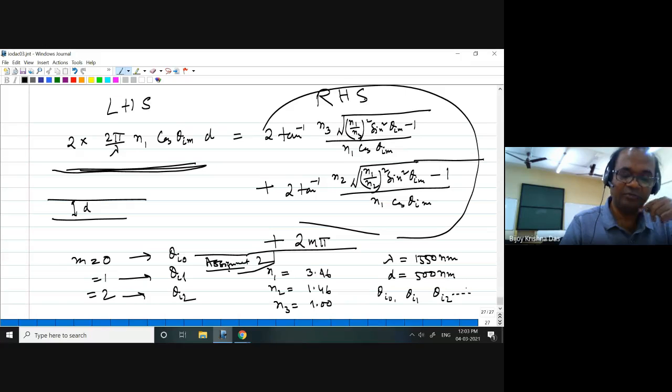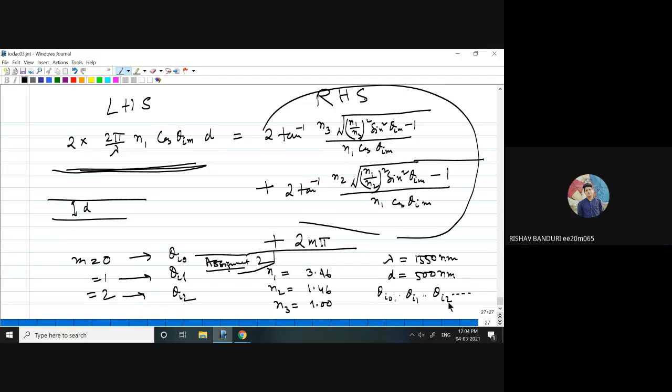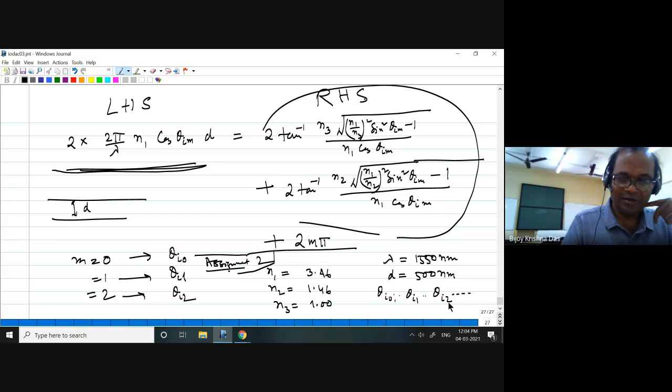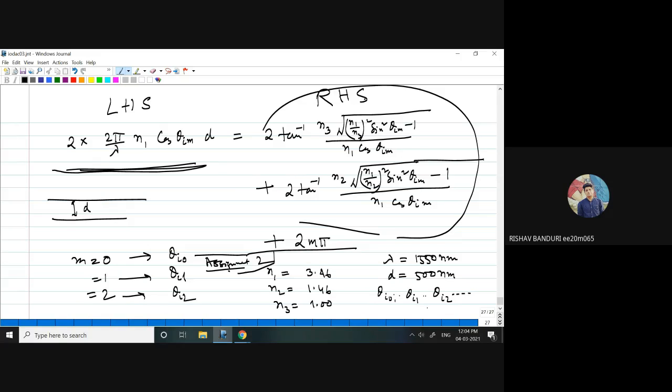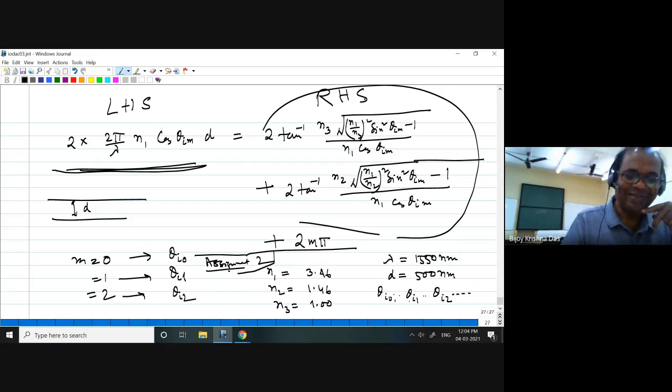You just keep on solving. And obviously you will find this theta I value, which one will be higher, by the way? Theta I0 or theta I1 or theta I2? Theta I0. How do you know that? Sir, without this phase, we solved this equation previously. We have solved also. Okay, now you solve this. You try to find out. So which one is becoming higher?